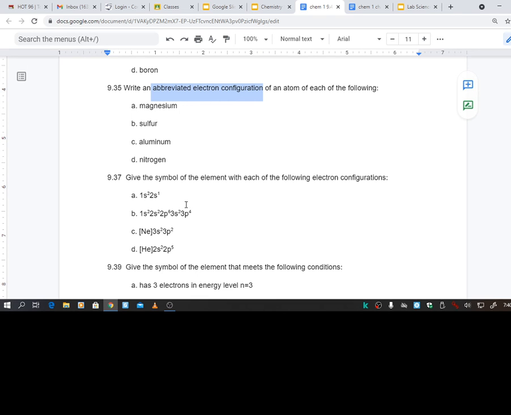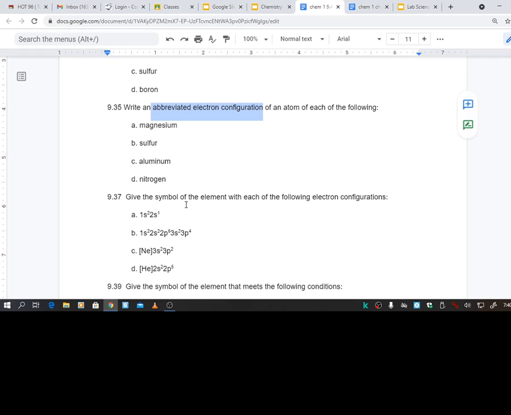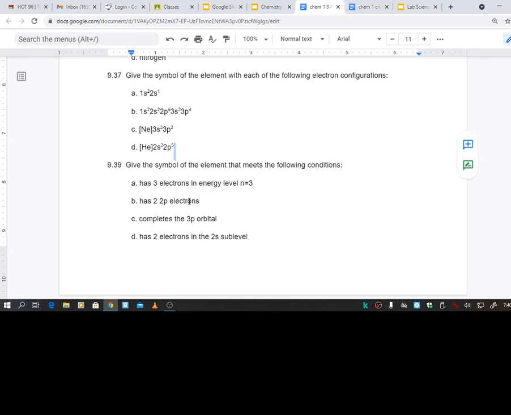On 9.37, do not do C or D yet. If you want to try, if you want to see if you can figure out what the symbol is, that's great. This is participation. I'll probably talk to them a little bit in class about this, but we'll definitely learn about these tomorrow. And then 9.39,